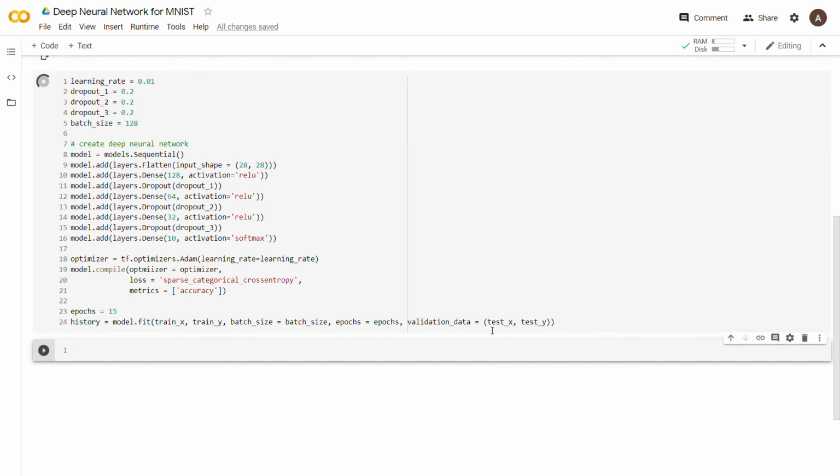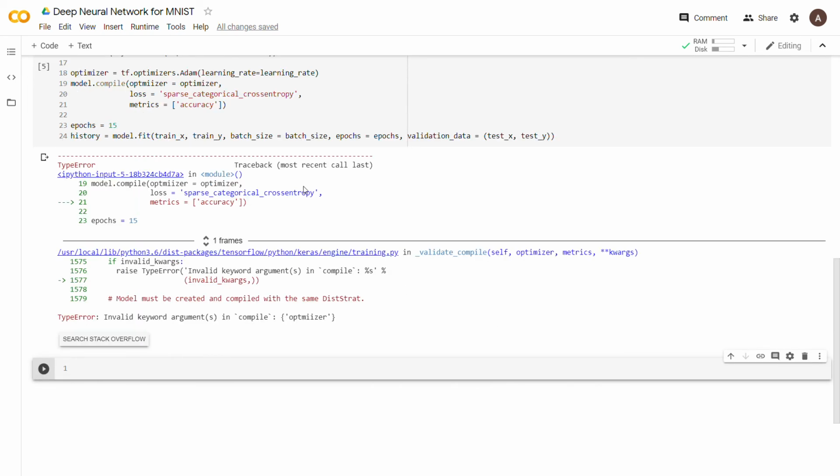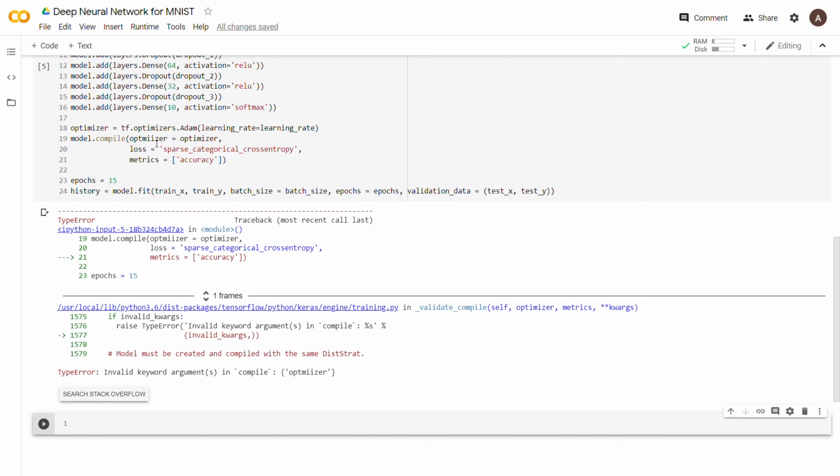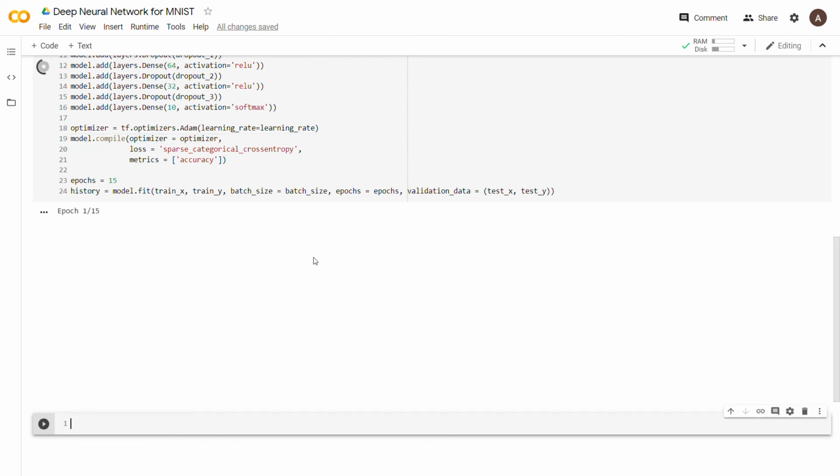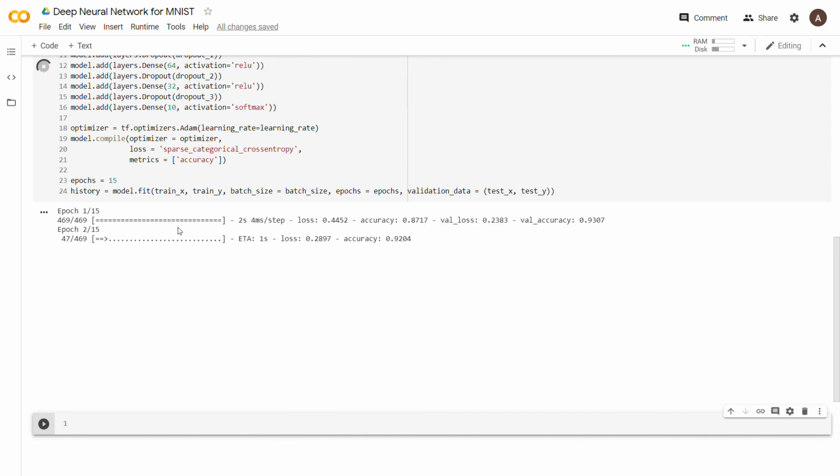Now let's go ahead and run that. Hopefully, optimizer, where did I spell that wrong? There. Optimizer, there. There we go. Okay, so now what you can see is that it's actually running our neural network model on